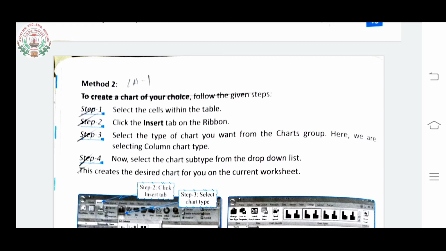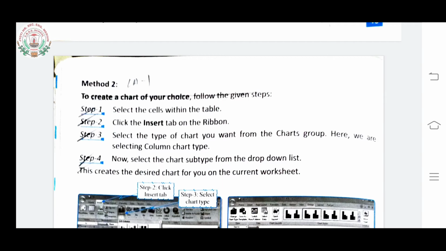For that, first you have to select the whole table, that is, select the cells for as much of the table content as you want to make the chart. Generally, of course, you will require the whole table for creating the chart. So you can either select the cells within the table, or you can select the whole table of the given sheet.